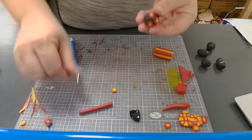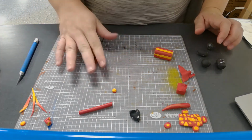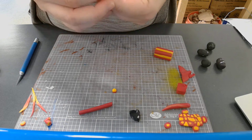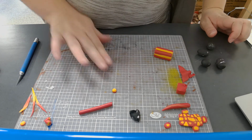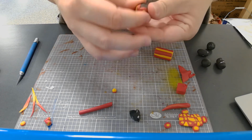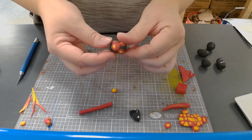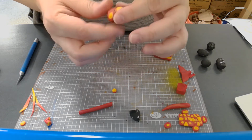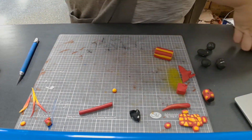Okay, and now I'm going to just squish them in there. I can roll this and help it incorporate together, and now it makes an interesting pattern on this bead that incorporates my cane design into my piece. So now I have this nice bead that has my red, yellow, and orange on it. That could be one of my beads. And then when I make my pendant,